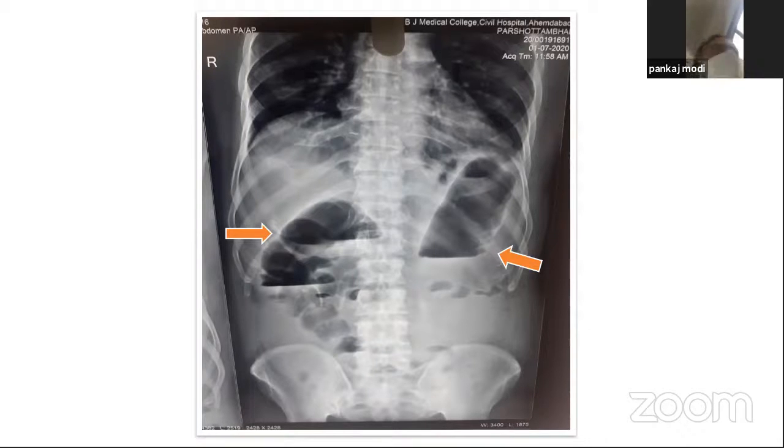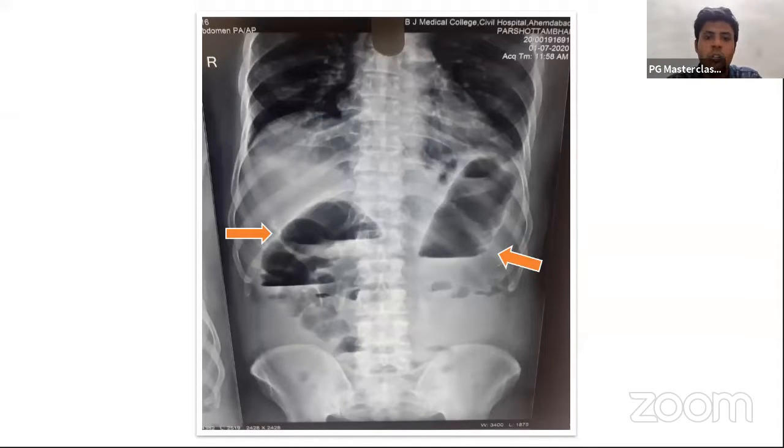So for the residents' benefit, tell what is closed loop obstruction. Closed loop obstruction is when there is some obstructing organic pathology in any part of the colon with a competent ileocecal valve. So there is only dilatation of the proximal part of the colon, the part of the colon proximal to the pathology.